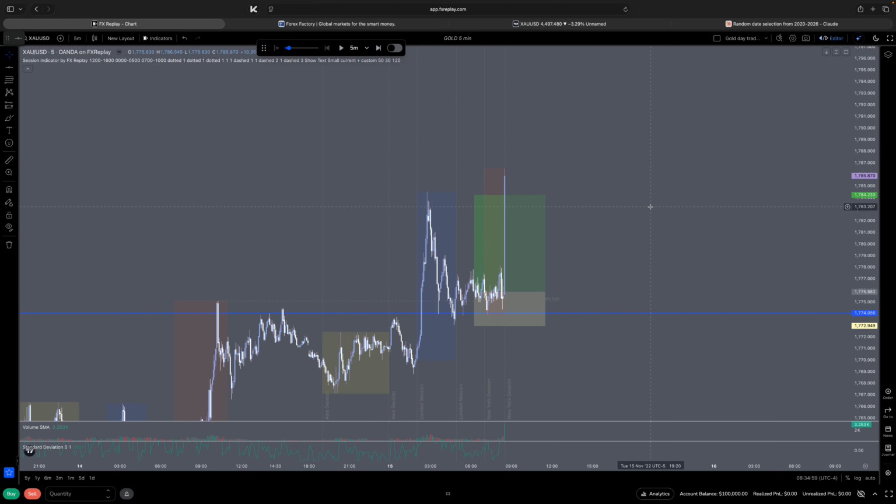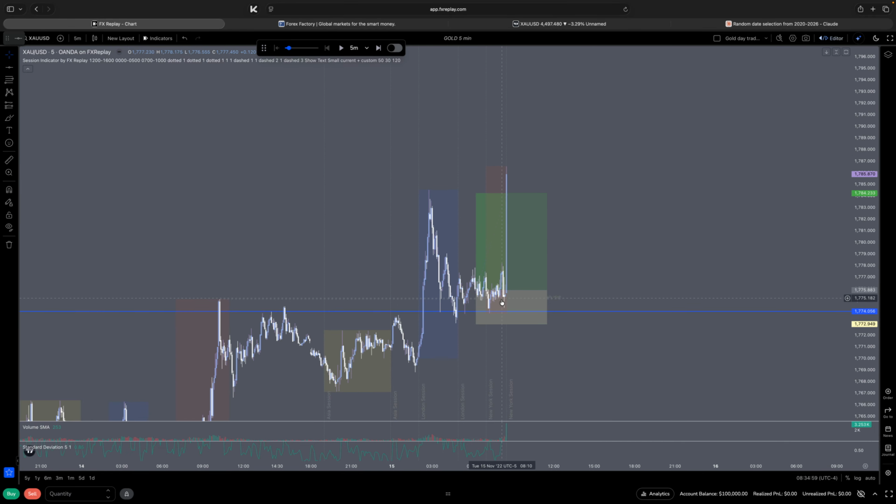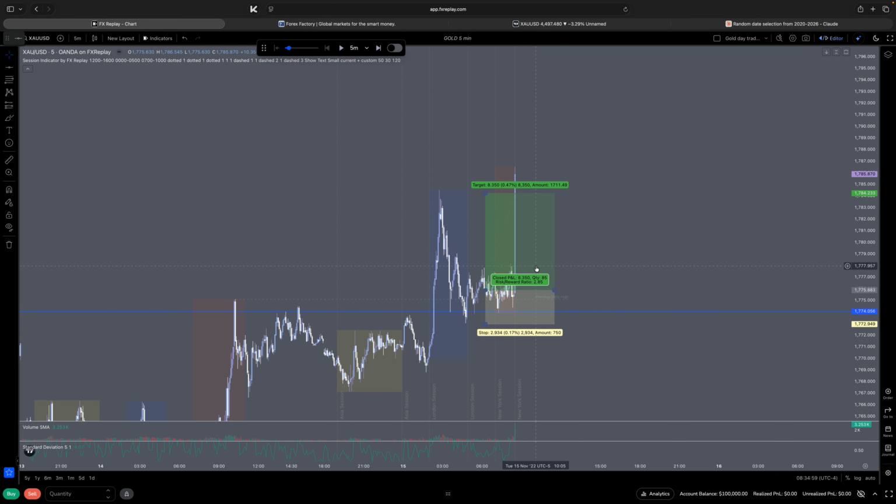This is why I say trading is discretionary. If I just tell you sweep of London low, imagine you're just waiting for the sweep of London low and you missed out on a potential almost 3 hour. Yeah, this is a 3 hour over here, and then obviously if you sniped it on the 1 minute,